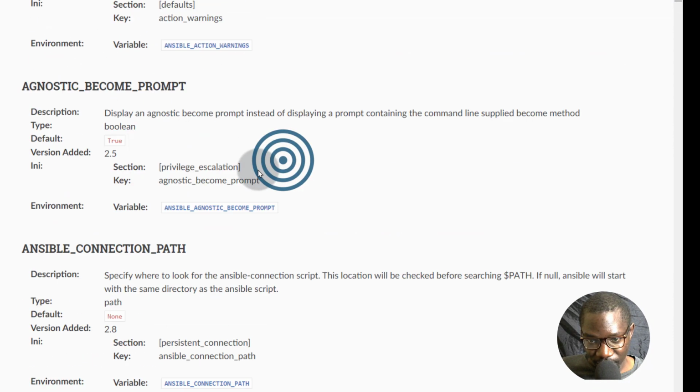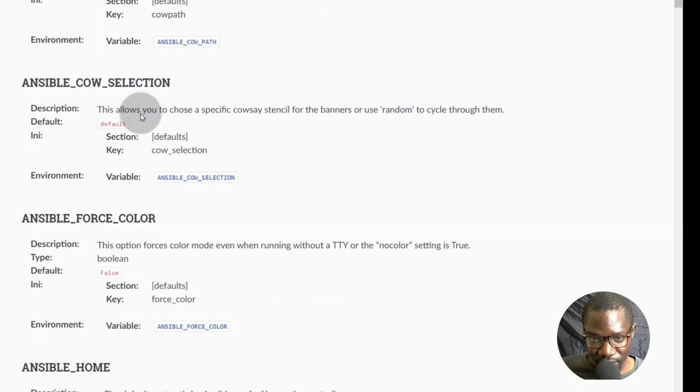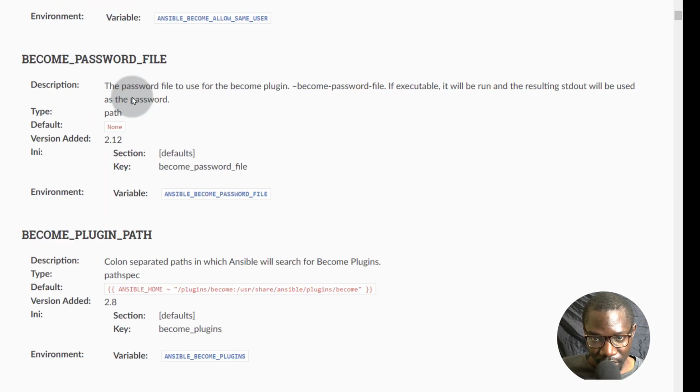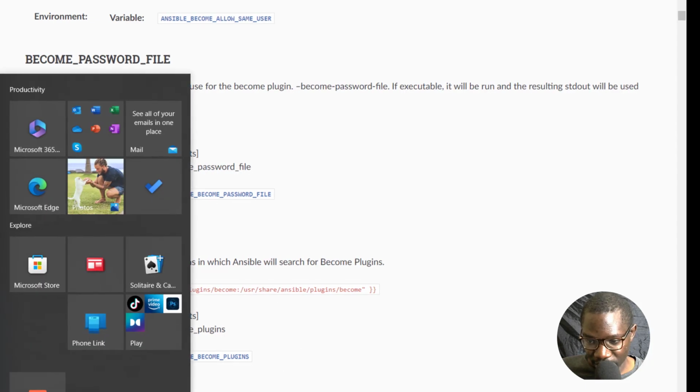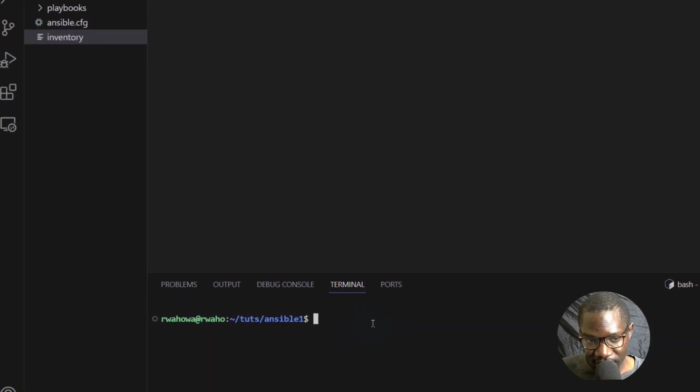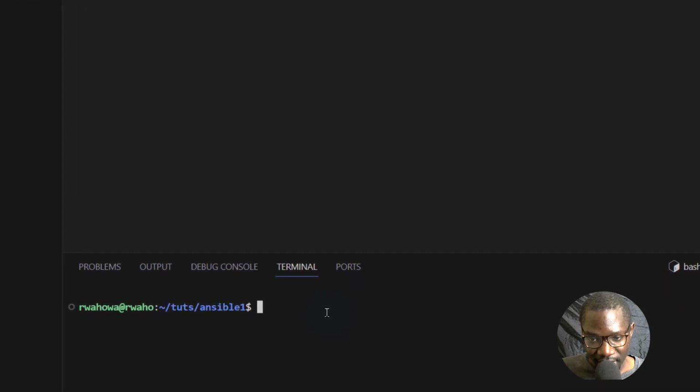If you're inside the ini.cfg and you want to define this action, that's what you'll use. Let's see something else here that you can use. If you want to set up a become password file, you'll use this as the name of the variable. So let's come back into VS Code and let's generate the CFG file again, and I'm going to explain it from there. So I'll do Control R and I can search for Ansible. Control R simply lets you search for some command that you had run earlier.